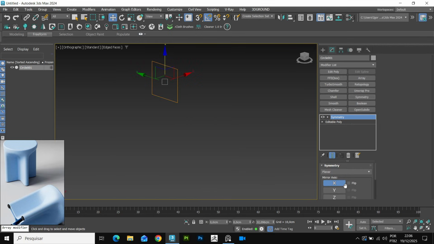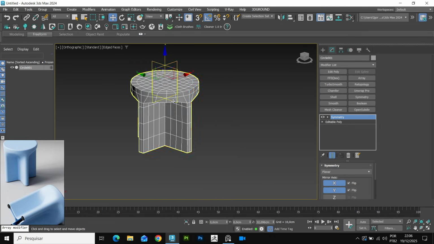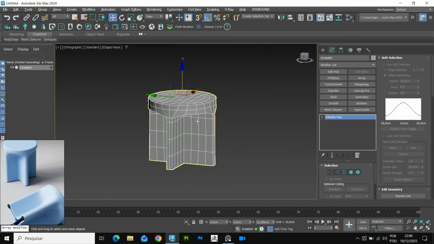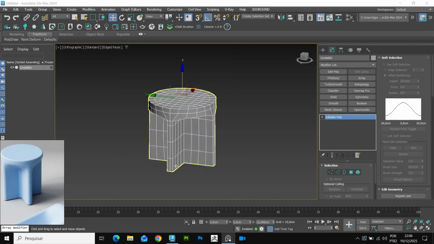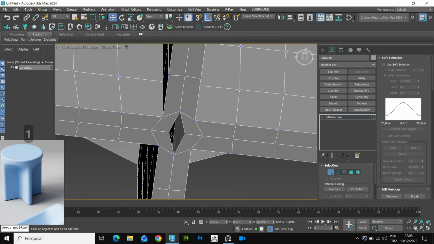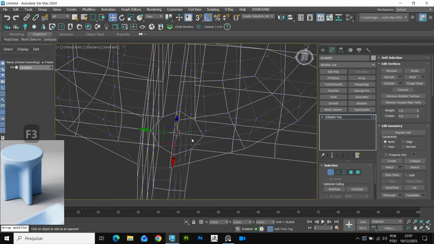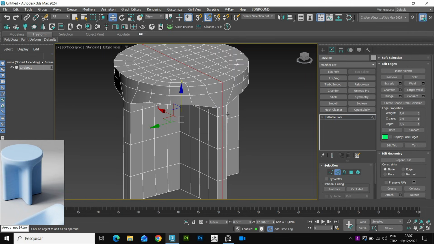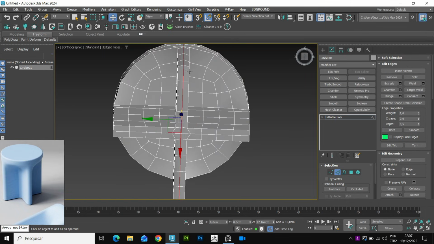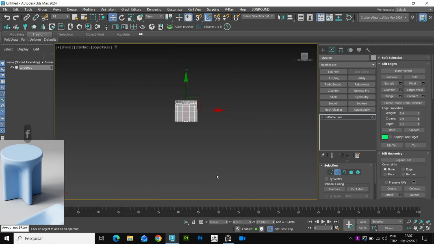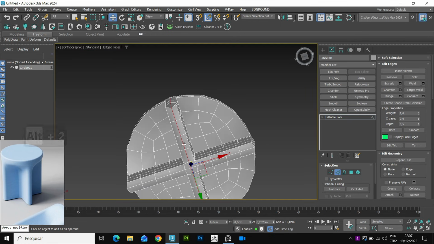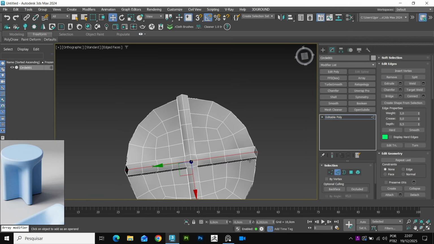Add a symmetry to the axis again, enable the flip, and we have the shape created. We convert it to an editable poly again and adjust the bottom part. Select the central edge and with the Alt tool add the sliced curves. Let's do the same on the other side and then adjust the bottom vertices to match the curve.